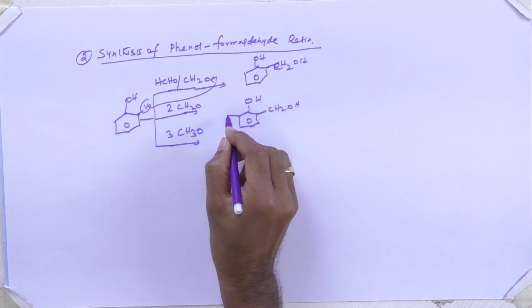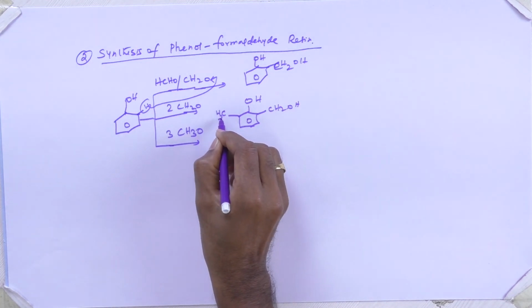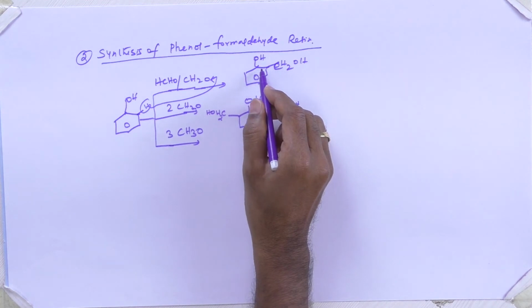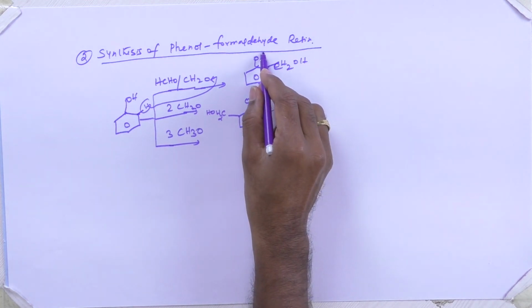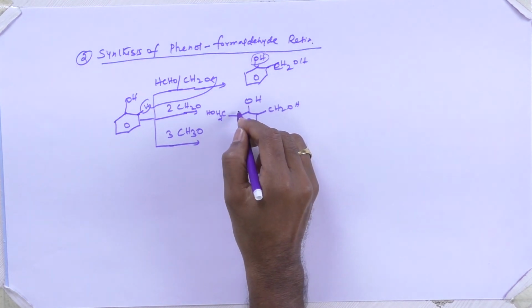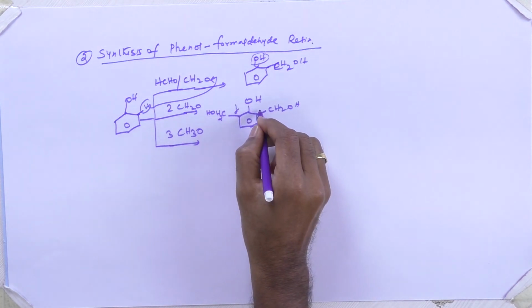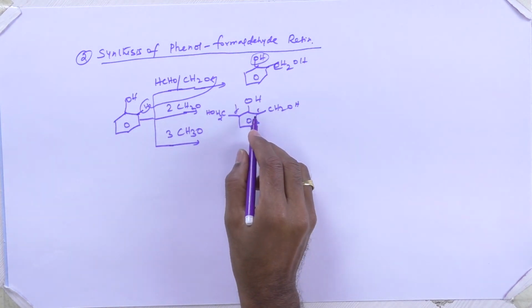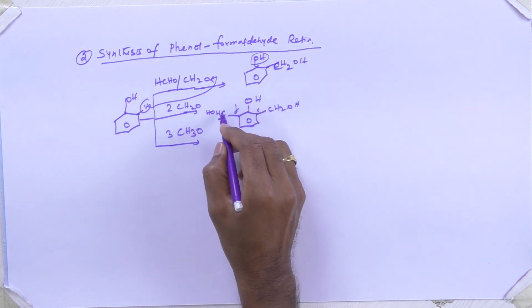So CH2OH and CH2OH. In fact, it will try to go to the ortho dash and meta position, because the OH group is the kind of ortho and meta directing group. Once the ortho position is filled, it will go to the ortho dash position. This is ortho, this is ortho dash position, this is ortho position. If both the positions are occupied, then this OH group will direct the incoming group to the meta